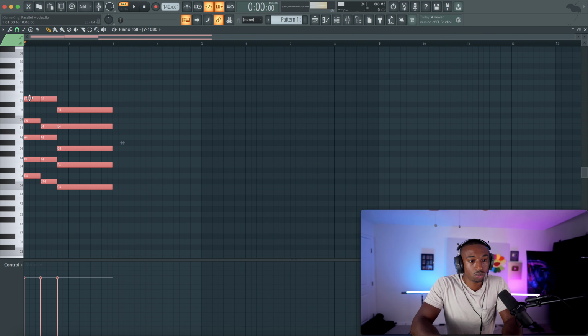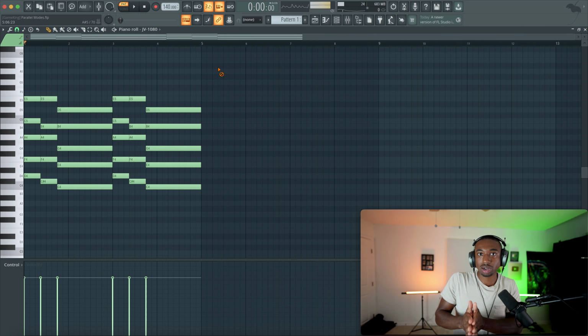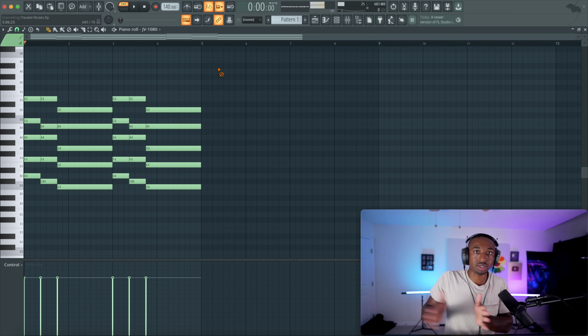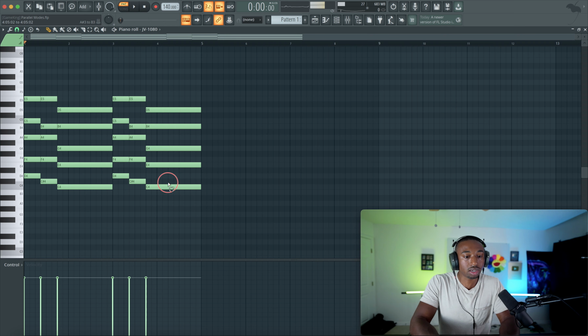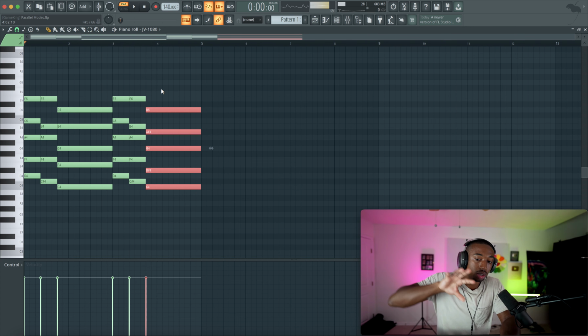Okay, so let's say we want to go into a parallel mode. If we're starting in C major, a parallel mode would be C minor, for example, or C Phrygian, or C Mixolydian, whatever the other mode you want to move into is, but with the same root note. So here, instead of playing C major at the end, let's play C minor ninth. This would be borrowing a chord from a different scale and pulling it in here.